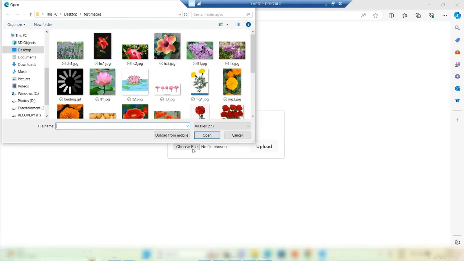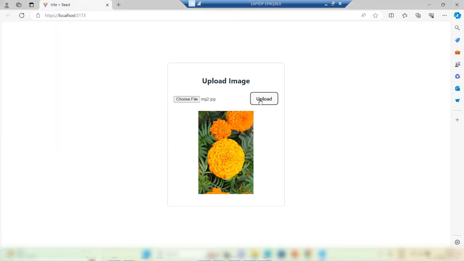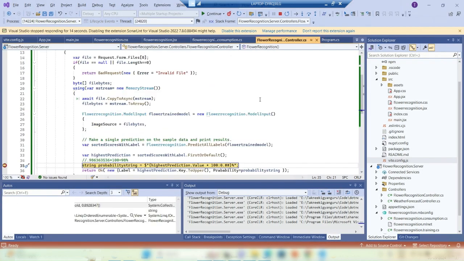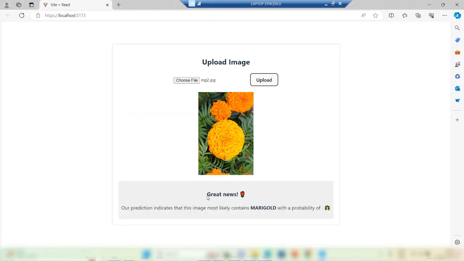Choose file, choose another file, upload. Okay, it has come to the debugger. Disable debugger and continue. Oh, now you can see, great news. Our prediction indicates that this image most likely contains marigold with a